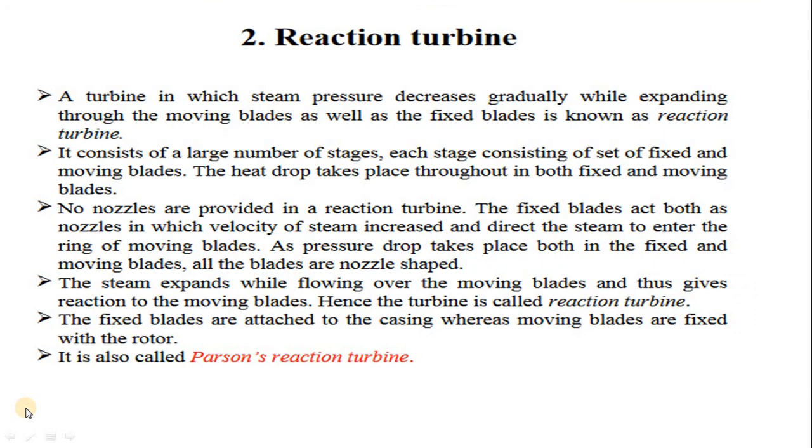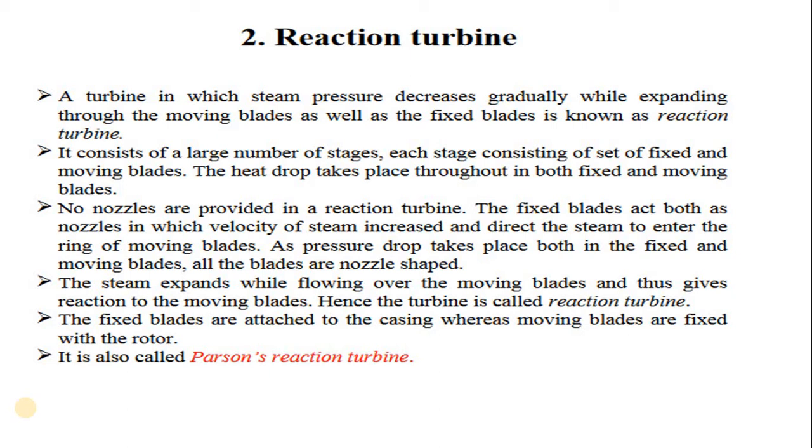As we know, in the impulse turbine the inlet energy available is only kinetic energy, and this is achieved because of the steam nozzle. The main function of the steam nozzle is to convert the pressure energy of the steam coming from the boiler into kinetic energy, and the same kinetic energy is converted into mechanical energy in terms of shaft rotation. So this is all about the impulse turbine.